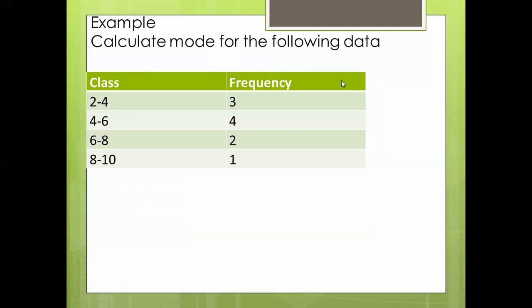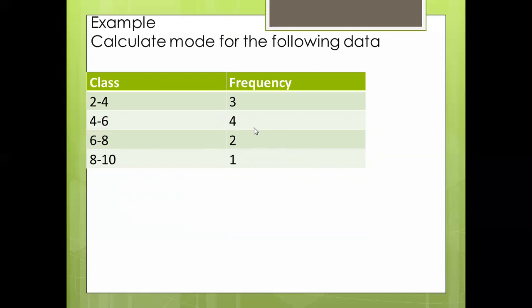calculate mode for the following data. जो previous example था वही मैंने again repeat किया है for data. बट उसका फॉर्मूला एंड एक्सप्लेनेशन अलग है. ओके, तो क्लास इज गिवन 2 to 4, 4 to 6, 6 to 8, 8 to 10. यहाँ पे देख सकते हो अगेन h इज व्हाट 2. अभी यहाँ पे मोस्ट फ्रीक्वेंटली मतलब बड़ी वाली वैल्यू कौन सी है 4.